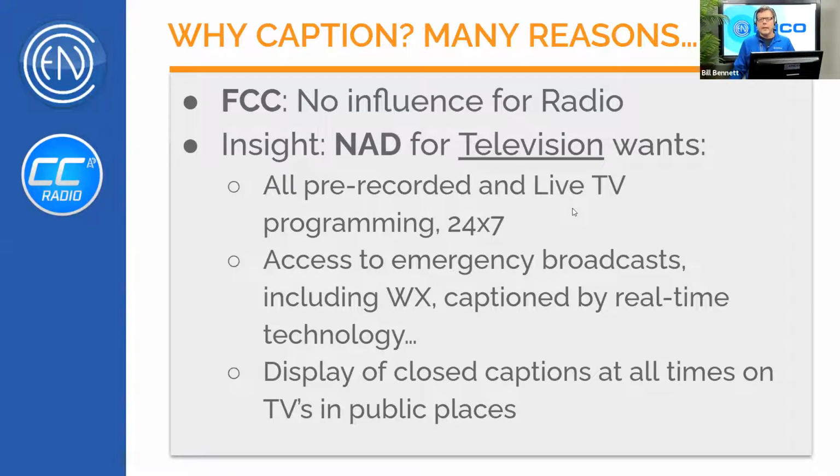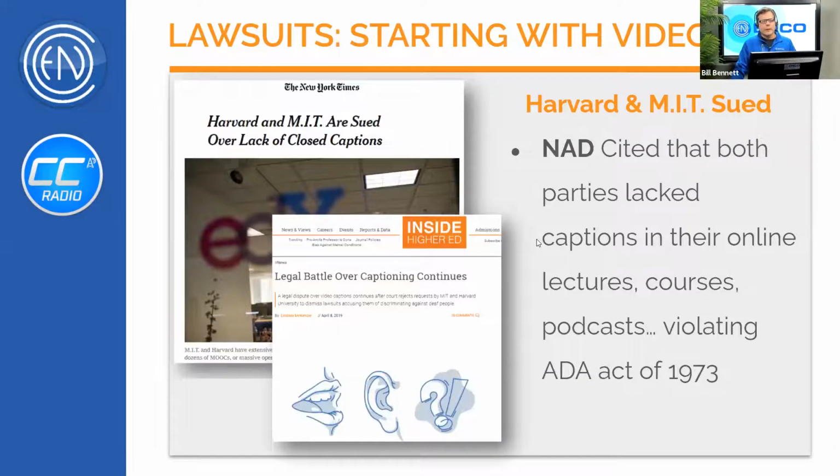So, I have these points here that the National Association of the Deaf, or NAD, wants for television, but it's reasonable to assume that they'd love to see this for radio too, right? Television news could be scripted on a teleprompter, and you could throw that prompter script on a website if you wanted. But what about emergency and late breaking news or live interviews? Those things aren't on a teleprompter; they're live, and so you need to either schedule a human to caption them right away as they happen, or have a technology that you can turn on right away and let it take care of that. So for now, this is the television world that they're looking at, but it might evolve to radio.